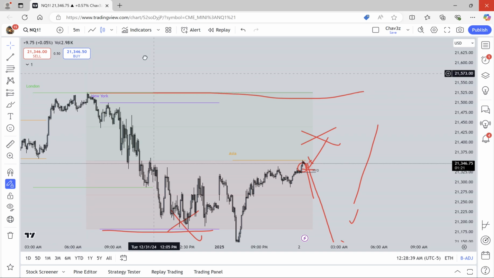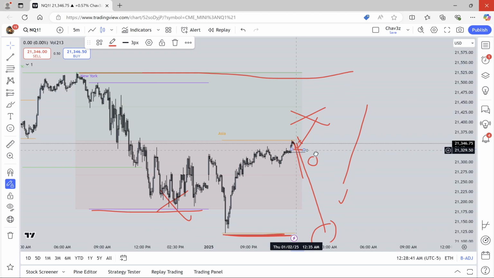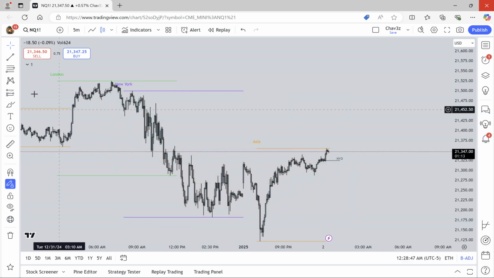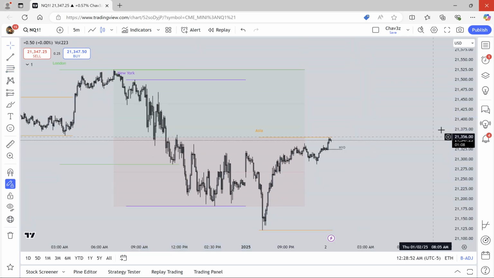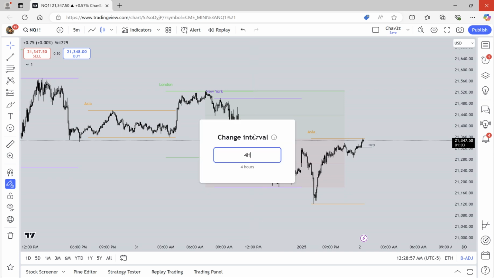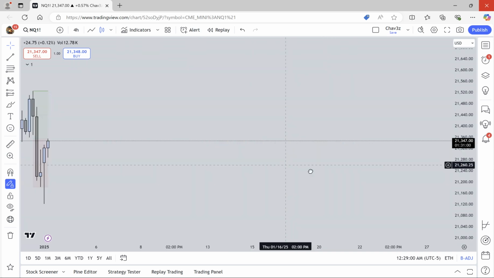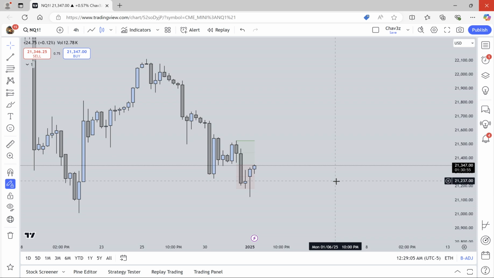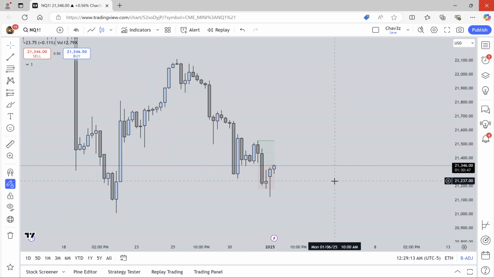I still want to see the high realized, right? I still want to see the high get taken out tonight or tomorrow, but how is it going to get taken out? How is it going to get there? Let's remove all of our drawings. Drop our PD array back in here. And now that we know what PD array we're trading into, we don't have to go to the 1 day. We can just go straight to the 4 hour, to see what we've got going on, what can help prop us up and keep us going to previous day high, because we've already taken the low, right? This was the low, and then this is the high.